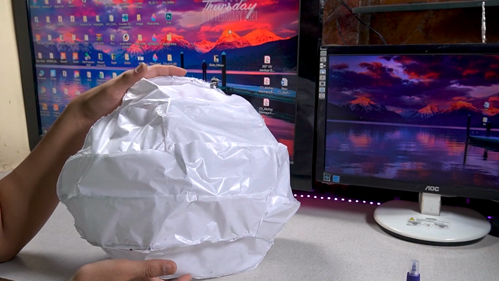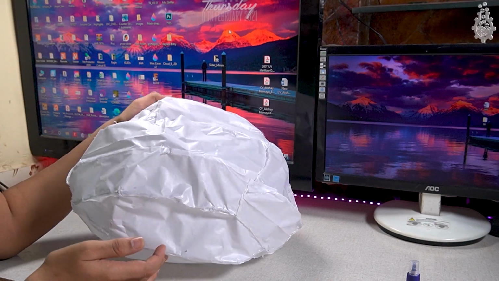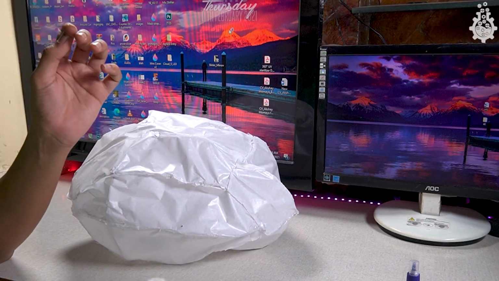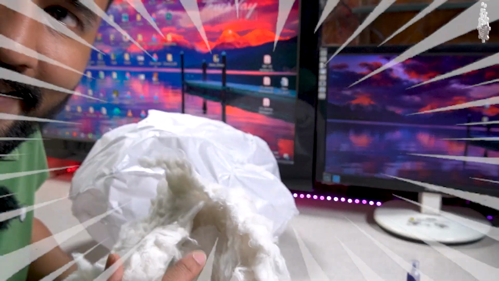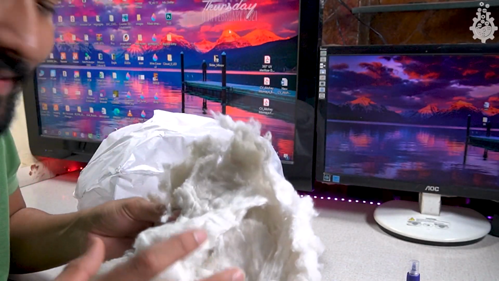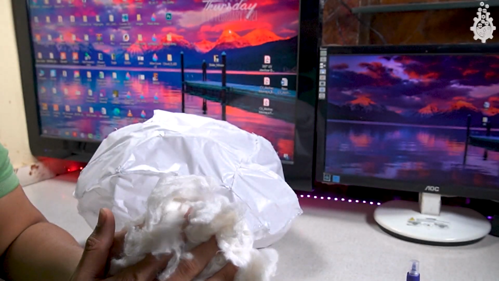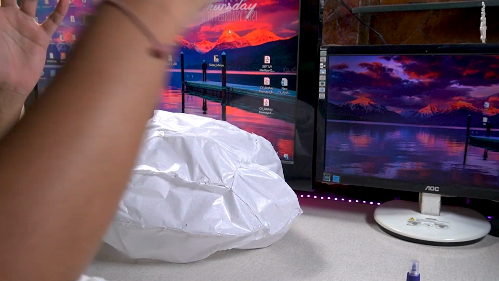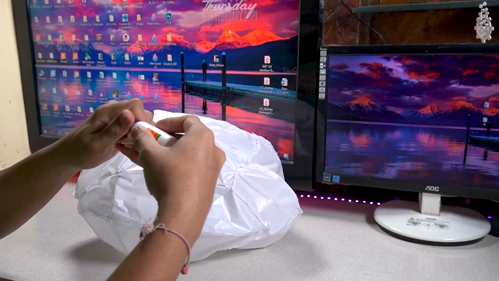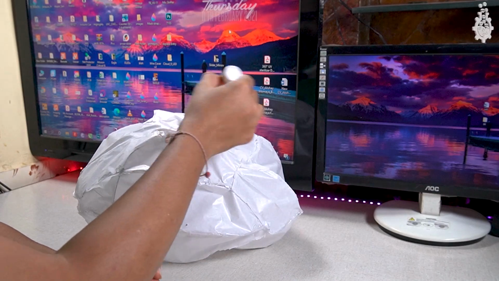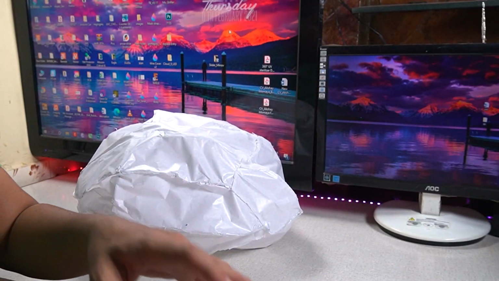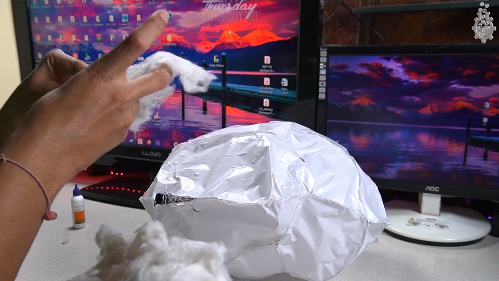So guys, we are done with the diffusion layer and everything. The only thing that is remaining to be done on this project is cotton. I know, right? I have been waiting for this moment since very long, and it's finally time. We will use some glue. You can use any glue, craft glue basically. You just have to apply a little bit and then apply a very thin layer of this cotton.